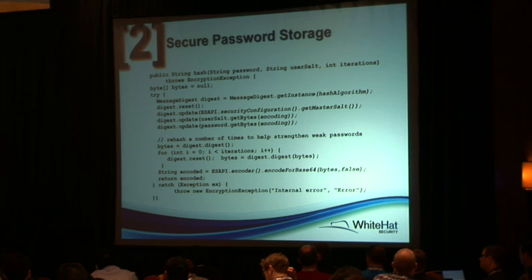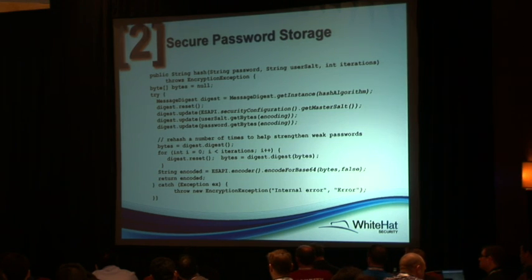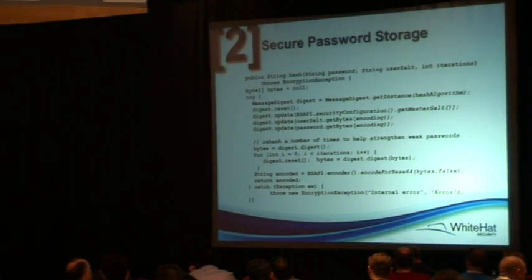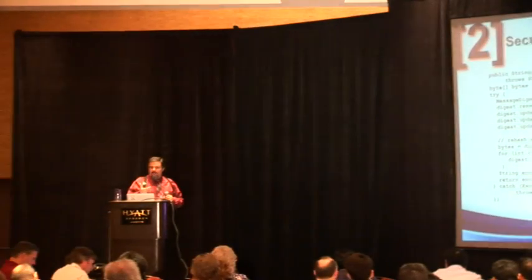We want to do a one-way algorithm. We also want to do salting. That's just putting a random value per user before the password, before we hash. And then a technique called key stretching. We want to purposely slow the algorithm way down. And we do that by, once we take the password and put the random salt before it, we rehash again and again and again, in my case 60, 70, 80,000 times if you're using a fast algorithm